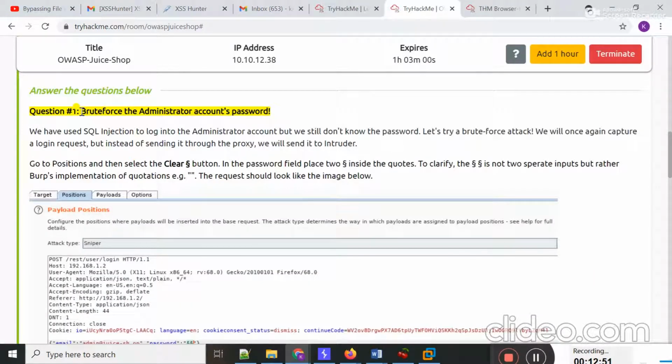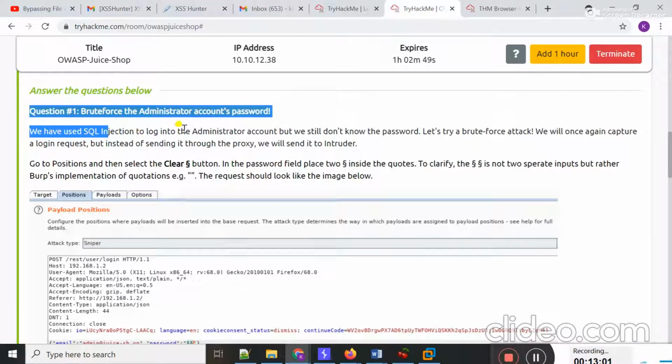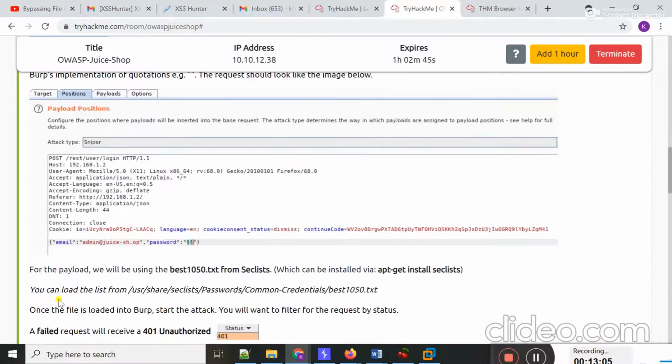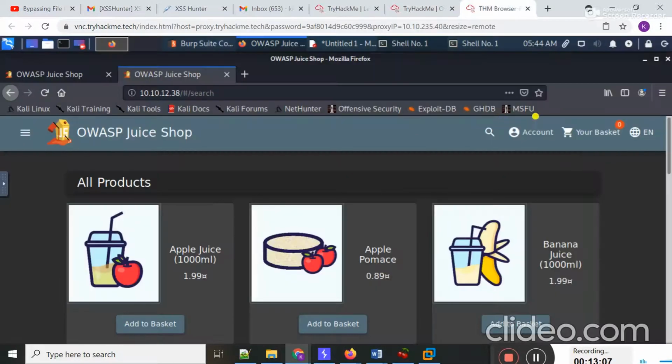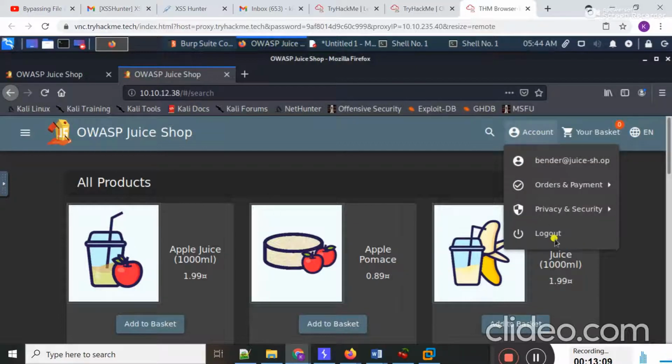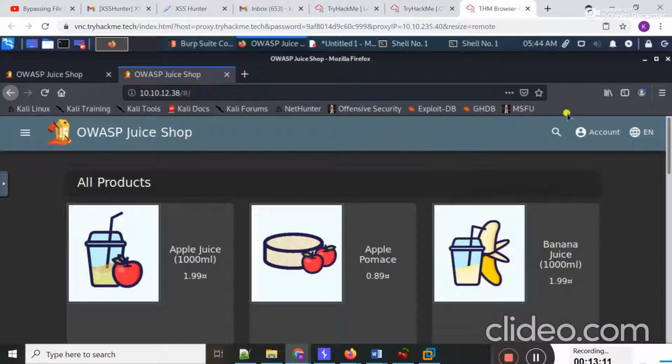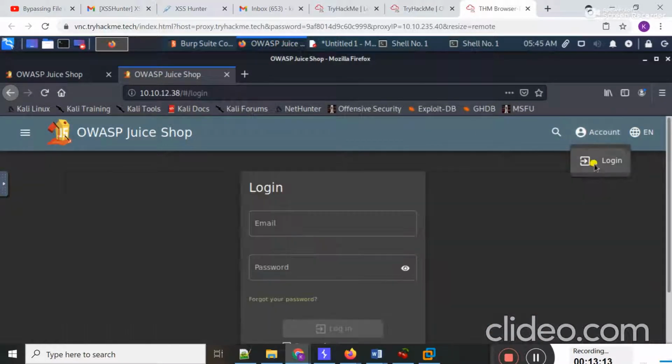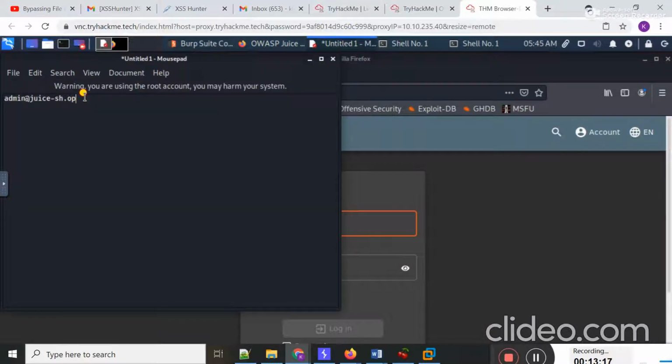Let's move to question 1. Brute force the administrator account password. It's time to actually brute force the administrator account password. We have to use SQL injection to log into the administrator account, but we still don't know the password. Okay guys, I'm going to my browser and log out from the vendor account. Now again I'm going to the login page, and here I type the admin email.